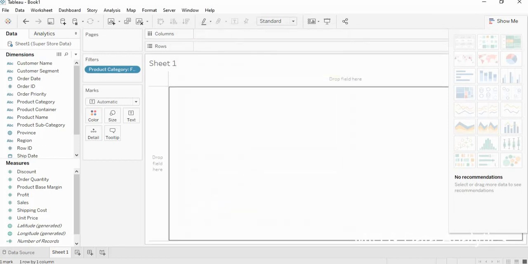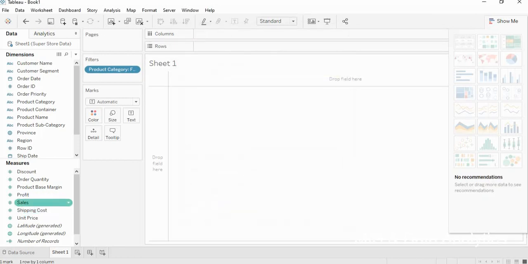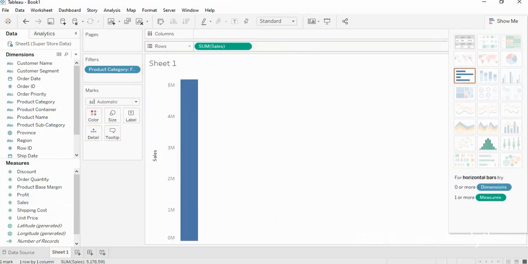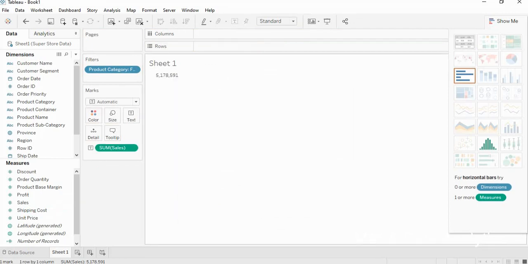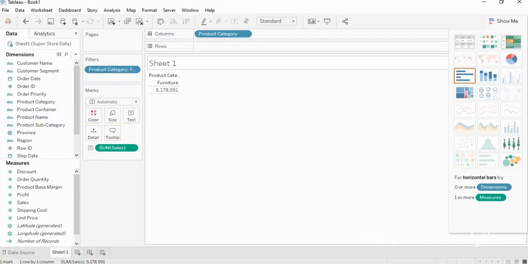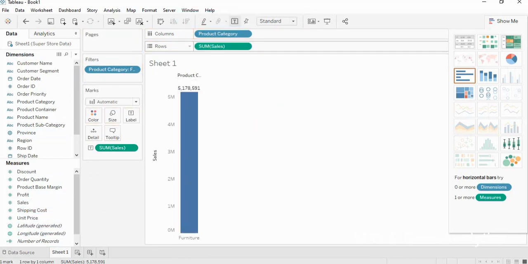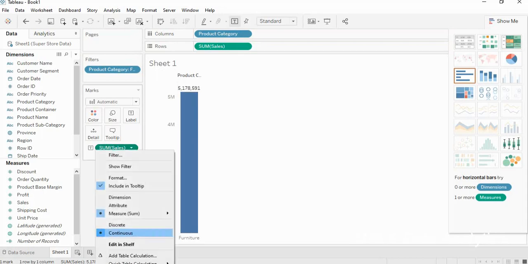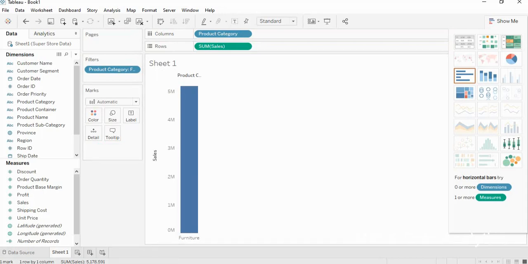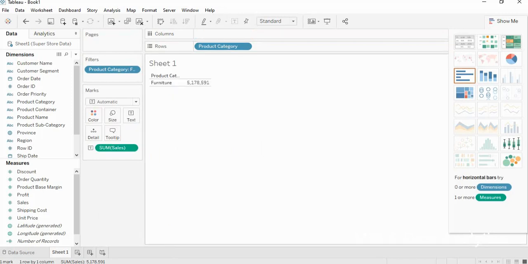Furniture is included, but sales, we have used the sales in this category. Product category wise data is available right now. Sum of sales is available right now, where I can remove all these sales. Yeah, filters,